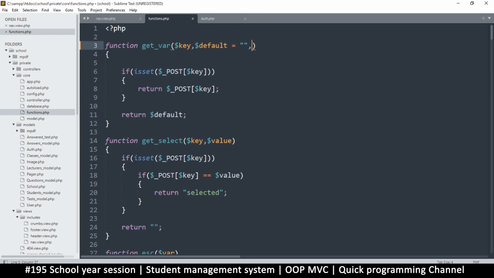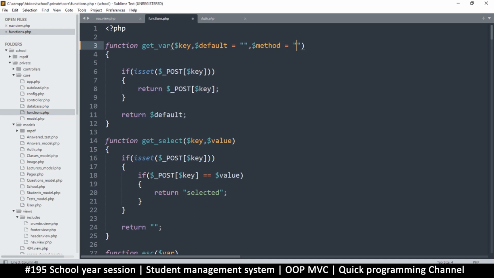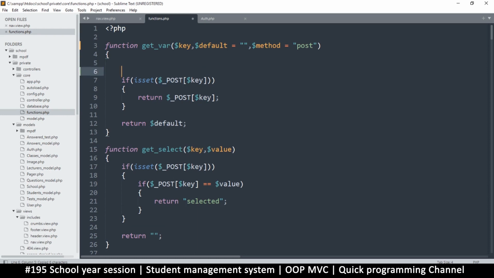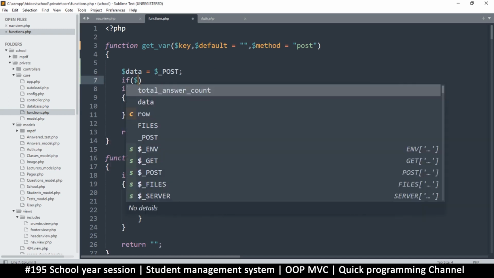So we can add method to this and say method, but we give it a default value of post because that's what we have already here. That way we don't have to edit anything where we've already used this function. So instead of putting post directly here, I'm just going to say data is equal to whatever is in the post. But then it will say if method